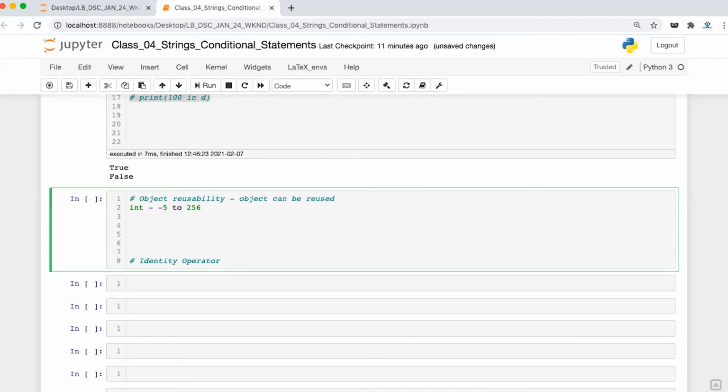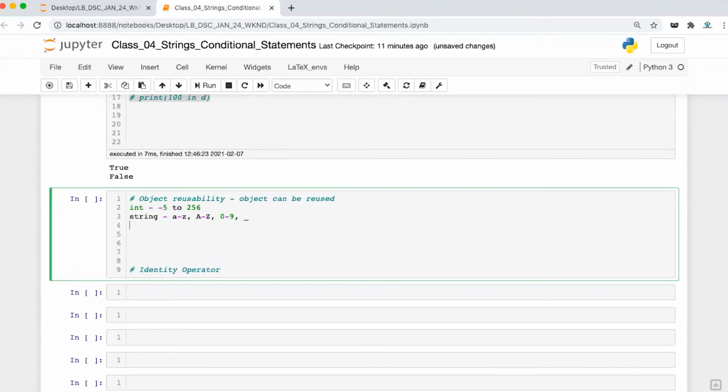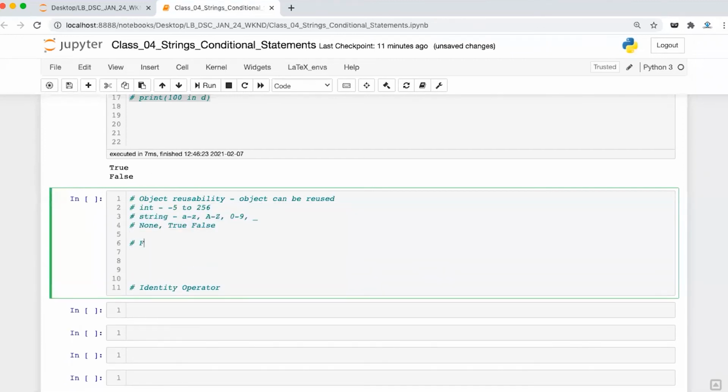It is available in the case of strings made of A to Z, capital A to capital Z, 0 to 9 and underscore. It is available for None and the boolean values True and False. It is available for only these values, and for all the rest, like float, complex and derived data types, this object reusability concept is not available.